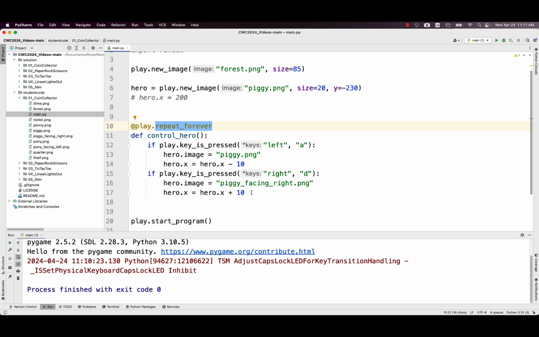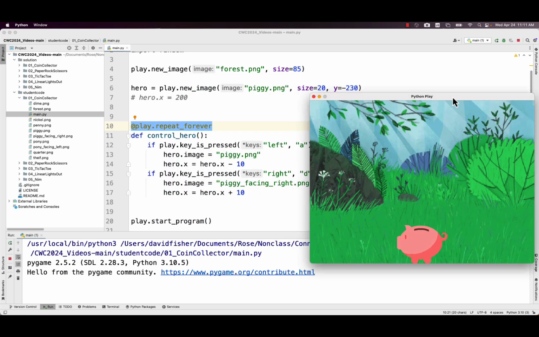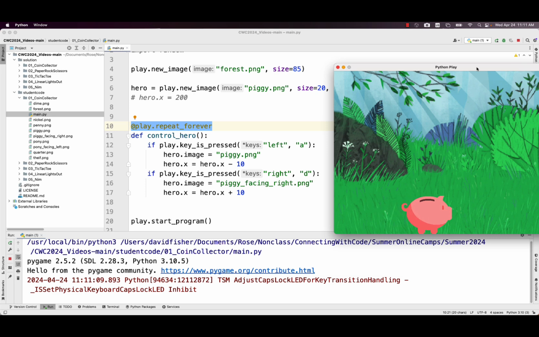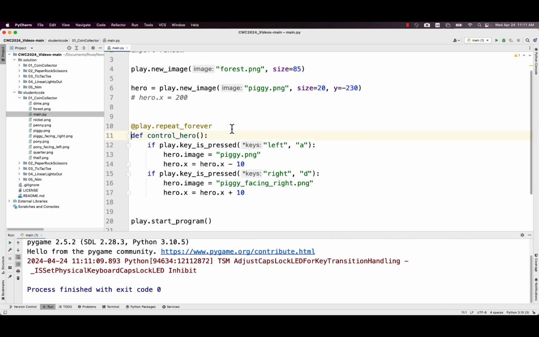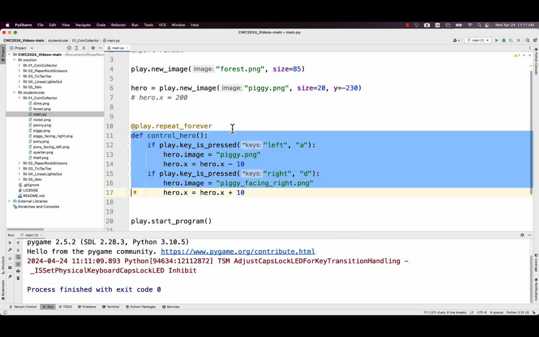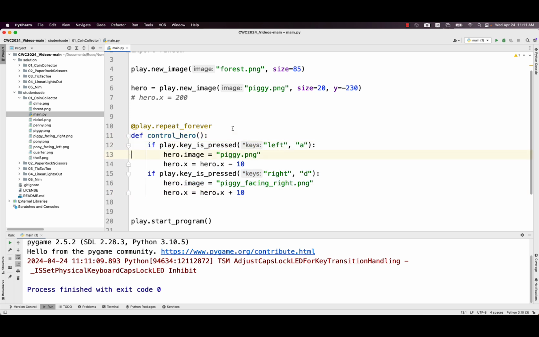So you're actually telling the play library, you take care of calling this function, and I want you to keep on calling it forever. Just call it and then do some other stuff and then call it again, do some other stuff. And so that's why we're able to make a function, which is probably pretty new to you, which has code in it, but not call it. By the way, the thing students do wrong is the number of spaces here has to be very specific, so make sure you get all the spaces and things like that correct.